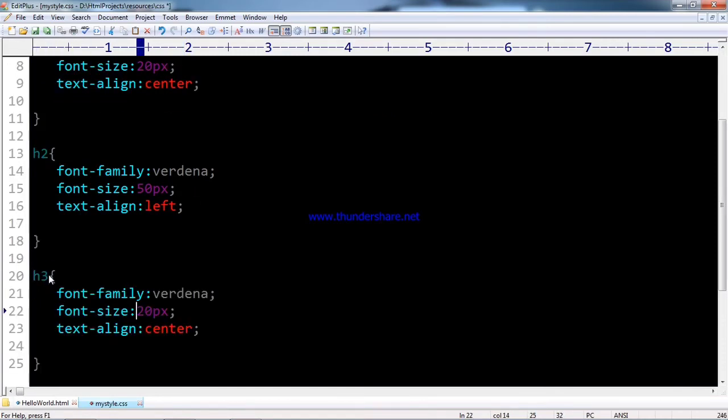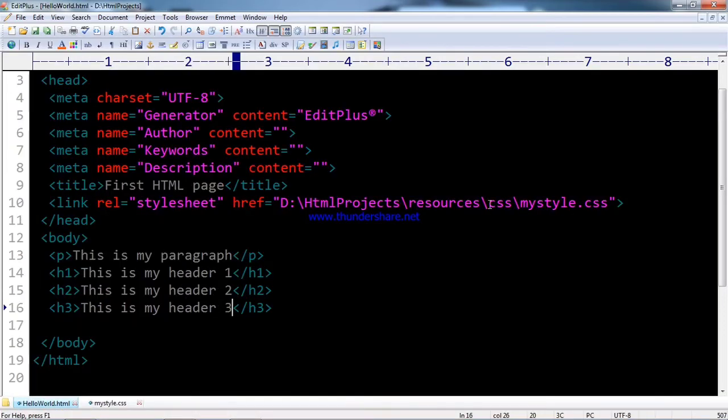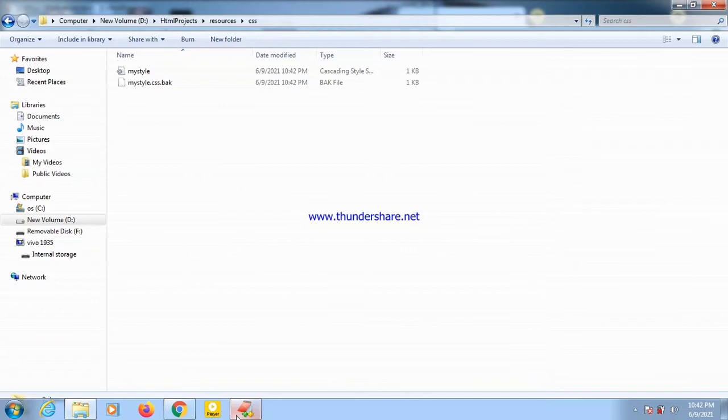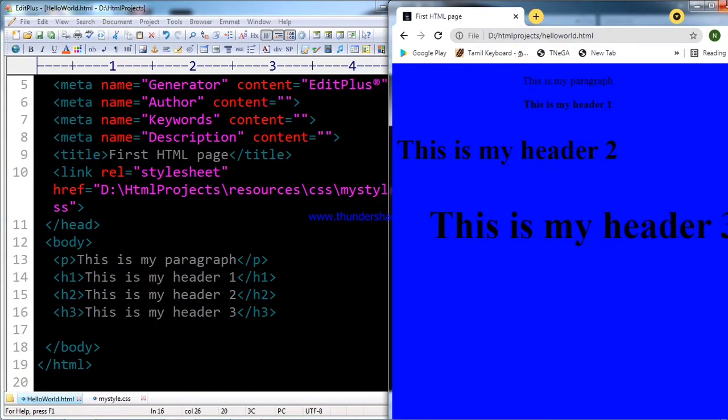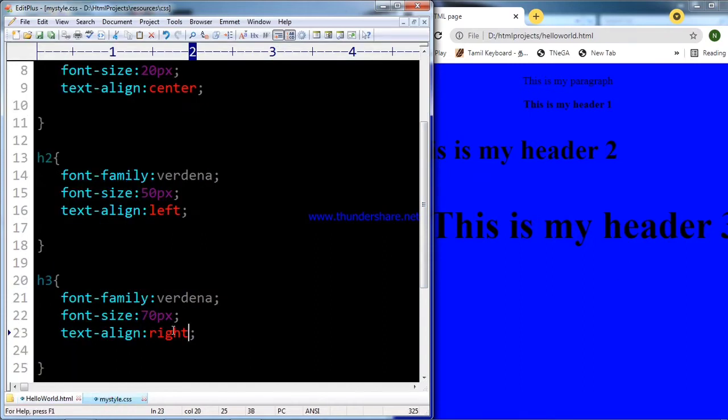In the same way I have created styles for the rest of the things, for example the header tags h1, h2, h3. I have taken output for those styles.